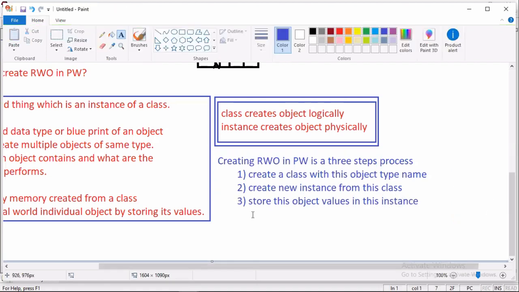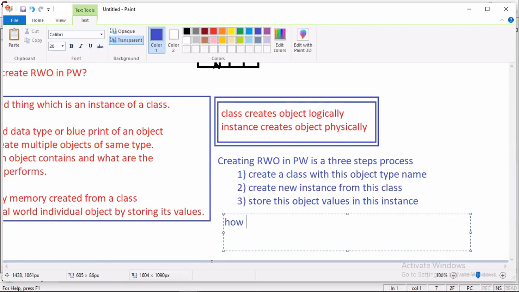That's it. Now tell me, how many classes must we create? We must create one class per new type. How many instances must we create?